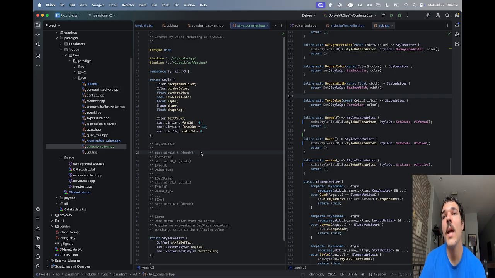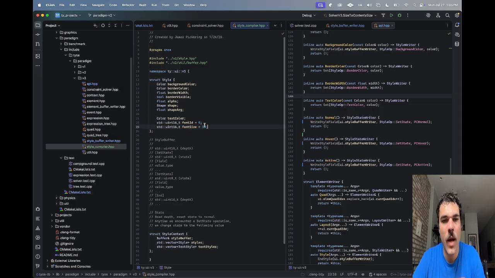But we could even say, I mean, there's ways to do this. I can think of a number of ways to optimize for different scenarios. So I'm just going to say we're just going to use text color, font ID, font size. That's just what we're going to do for now. All right, so all these have to have